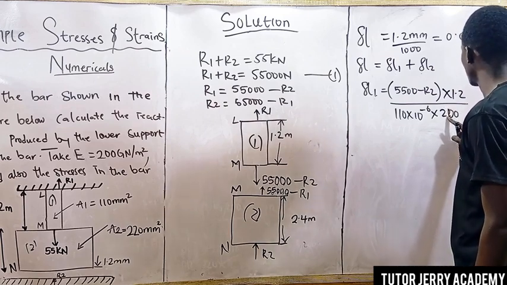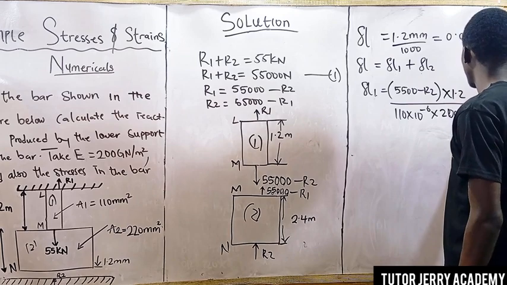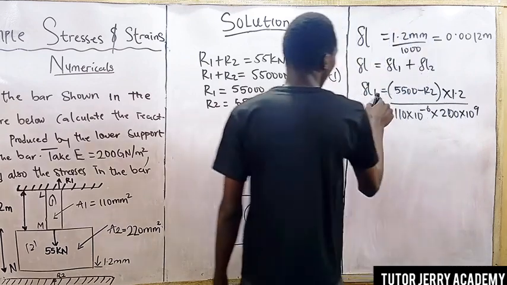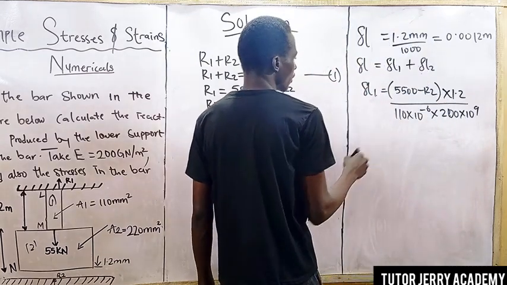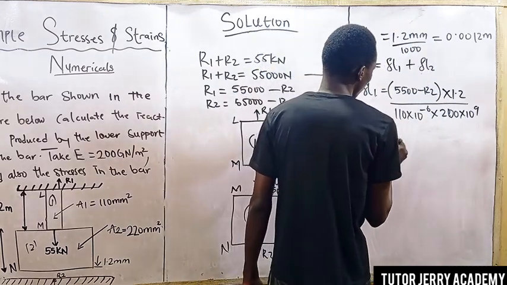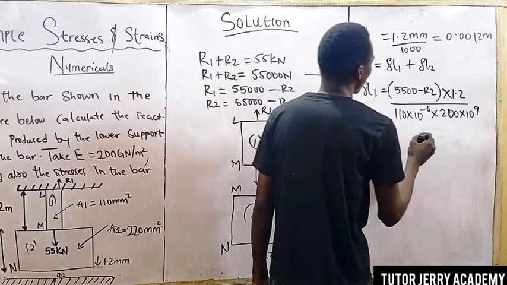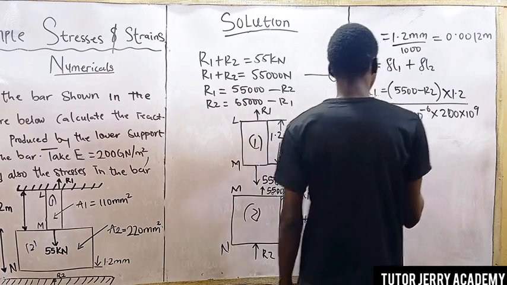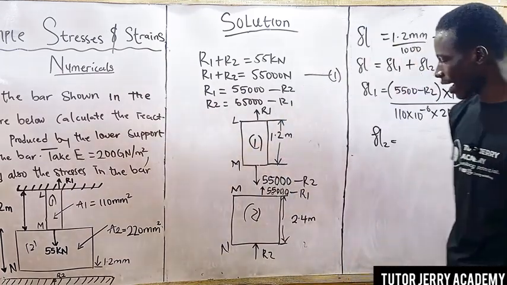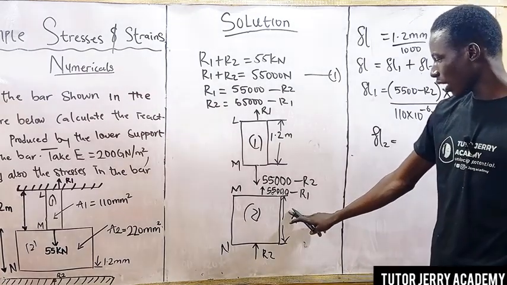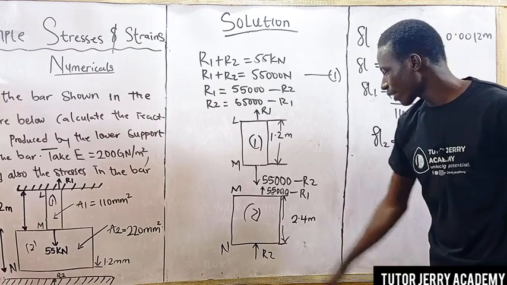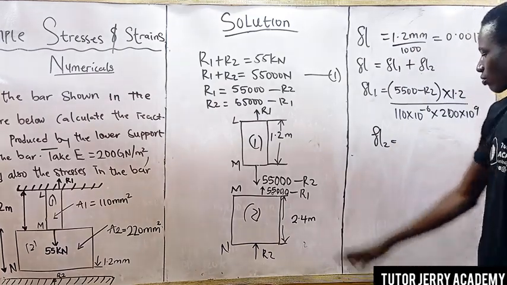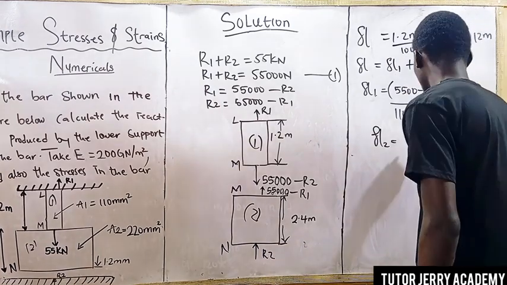E is nothing but 200 times 10 to the power of 9. This is what we have for the elongation of the first section. Now for the elongation of the second section, we are going to be having P. If you look at this diagram very well, for this second section our pull will be either R2 or 5,500 minus R1. So we can decide to use R2 here. If we use R2, we are going to have R2